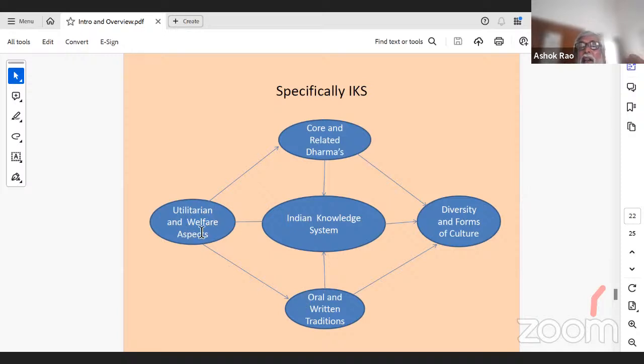Then utilitarian and welfare aspects, whether it is economy, trade, skilling, law and governance, etc. For example, we had a reasonably equitable society in the sense that in terms of gender equity, we have been far ahead of other societies. We also had caste divisions, which had some other motive, but were represented as some other motive. So there is contradiction and conflict in that. All that has happened. Many times they have overcome that.